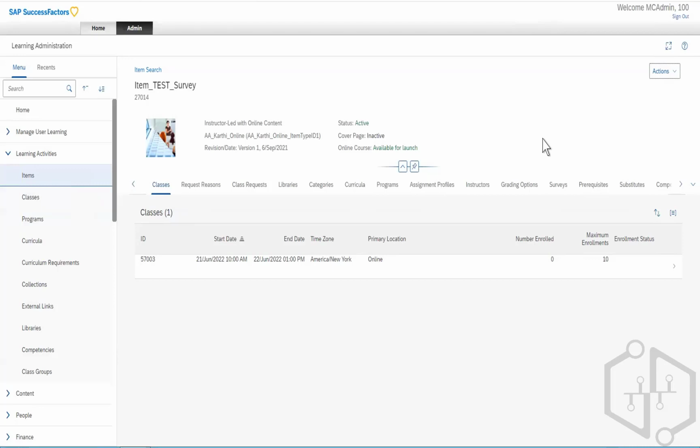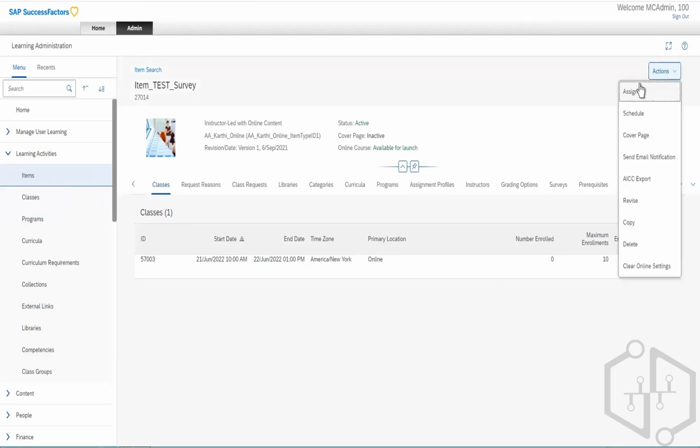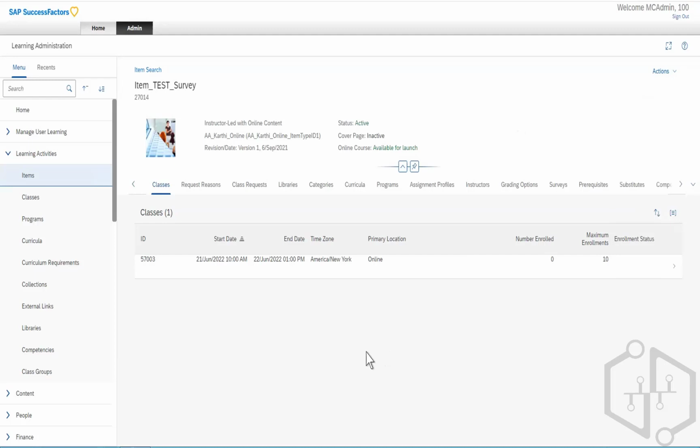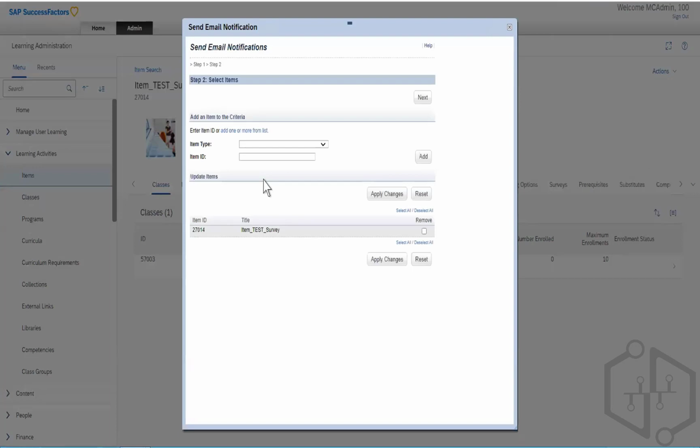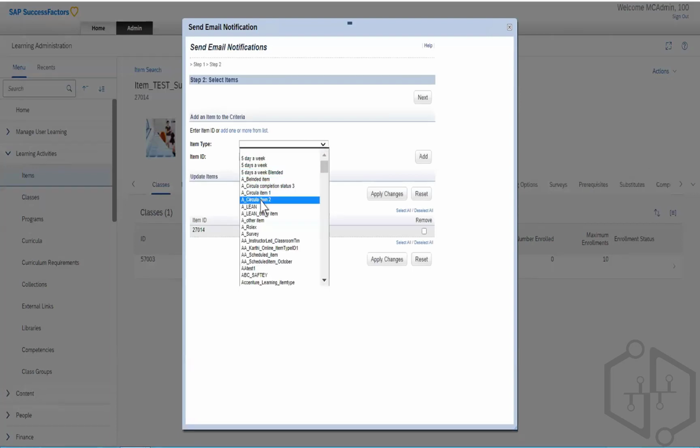So I'm adding another item. Like you are doing your LMS training, at the same time there is another item which goes with the same detail and is quite similar to it. I will add that item as well. And when I add it, I send a notification, which you send to all the participants. So let's say I choose